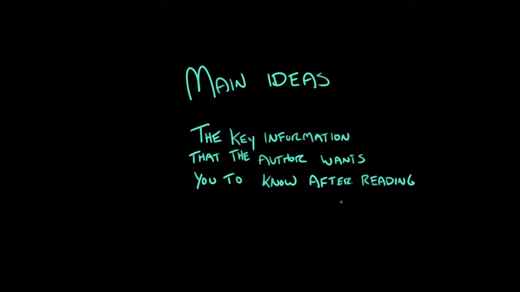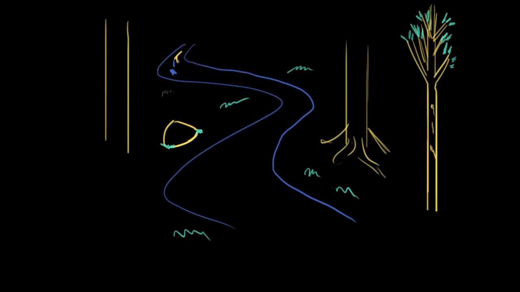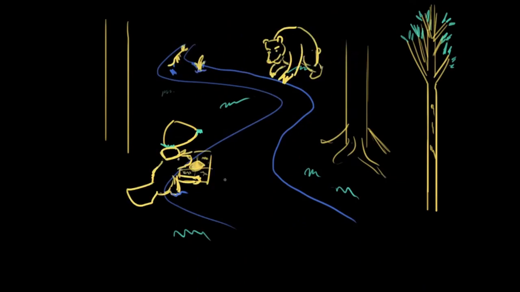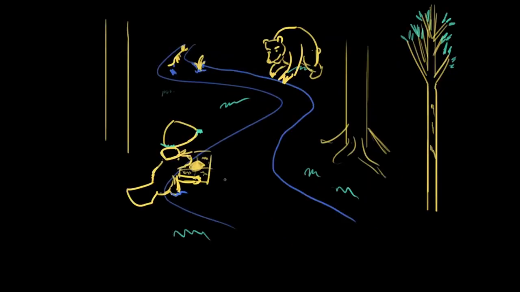So, for example, what's going on in your article? It's about the creek in the forest, and how everyone wants to drink from it, but the otters want to swim in it, the bears want to fish in it, and the beavers want to build a dam in it and turn the whole thing into a pond. Not as peaceful of a forest as I thought, huh? Not so much, no. What you just told me is a summary of the events of the news story. But the big idea there is that there's a conflict or fight over who has access to the creek. So you just zipped all the supporting details out of my summary and made it more about the ideas? Yeah, exactly. The main idea is that different animals want to use the creek.